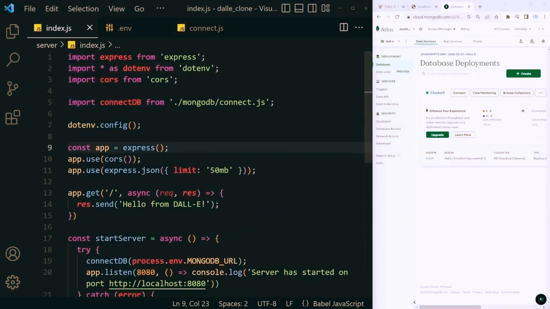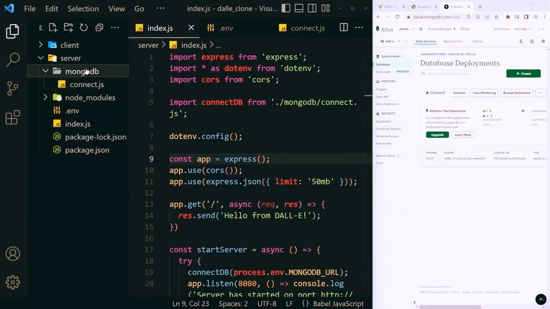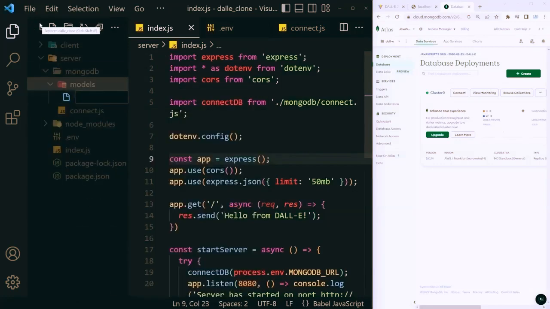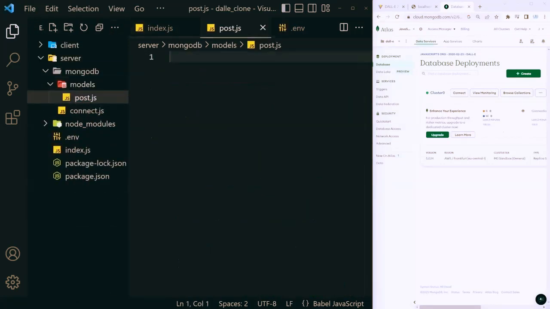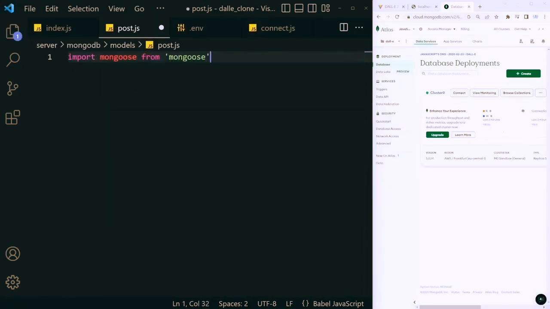is creating a model for our post, or a structure of how that post is going to look. So inside of MongoDB, create a new folder called models, and inside of there, create a new post.js file. There we can import mongoose from mongoose, and we can start creating our new post schema by saying